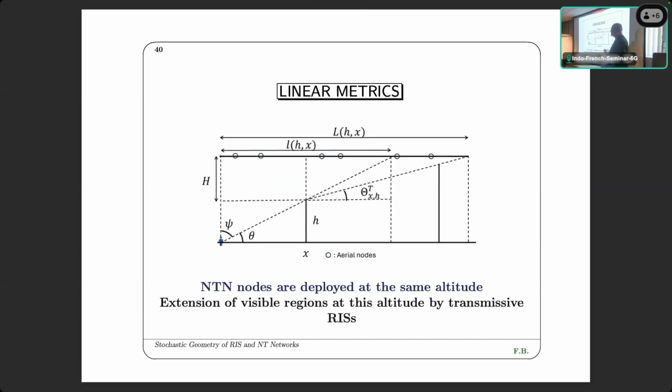We look at linear metrics, which are, I think, perhaps more important. So since you have UAVs flying at altitude capital H, you have this initial angle here, right? You have this initial angle. So you were seeing this part of this linear thing, right? And it could be that there is nobody there. And what matters is how much more you see when you see from the top of that building that will be blocked by another building which is a bit more far apart. But you see an extension of the linear line where it could be that UAVs stand or fly, right? Okay,